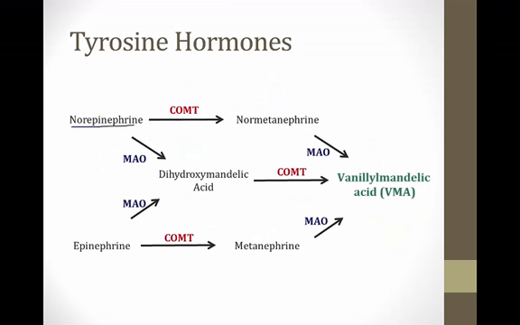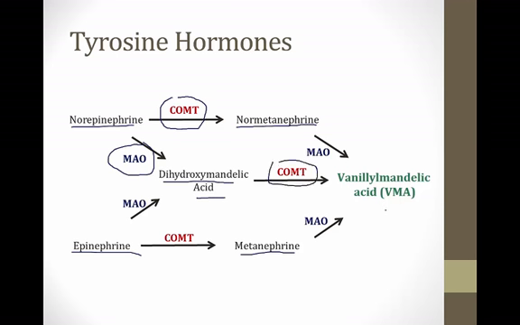This slide shows how norepinephrine and epinephrine are metabolized into VMA. Once again, MAO and COMT both need to metabolize the molecules, but they can go in either order. If COMT metabolizes them first, structures called metanephrines will be created. These are either normetanephrine or metanephrine, and MAO can then convert those molecules into VMA. If MAO goes first, it will create an intermediate called dihydroxymandelic acid, which COMT can then convert into vanillomandylic acid,